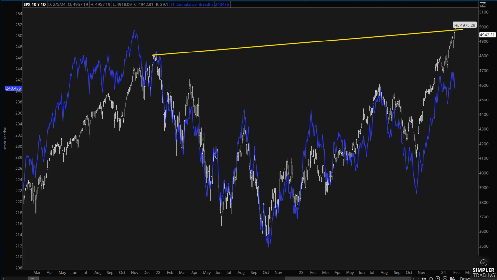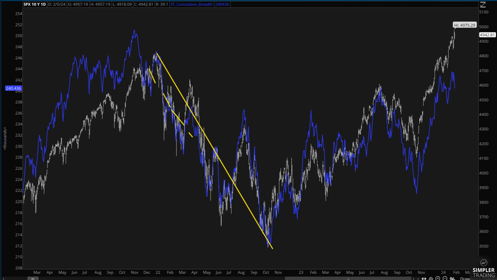Meanwhile, if we have a running total of the NYSE breadth on any given day, when we were declining hard through 2022, a lot of the days were down and most of them had negative breadth. So on those days, we'd subtract from a running total. But on days when we were up and breadth was positive, we would add to that total. If we take that line, that's the blue line here, and look at it,